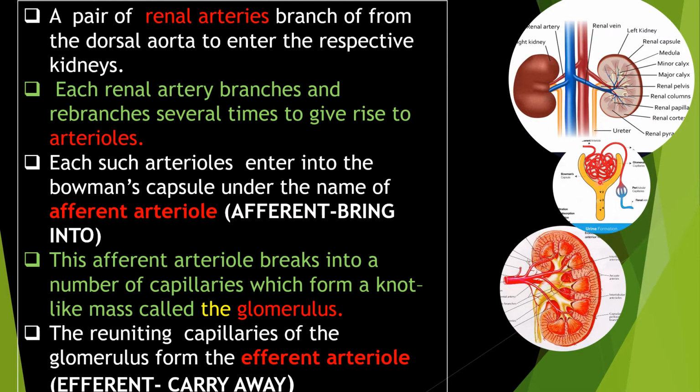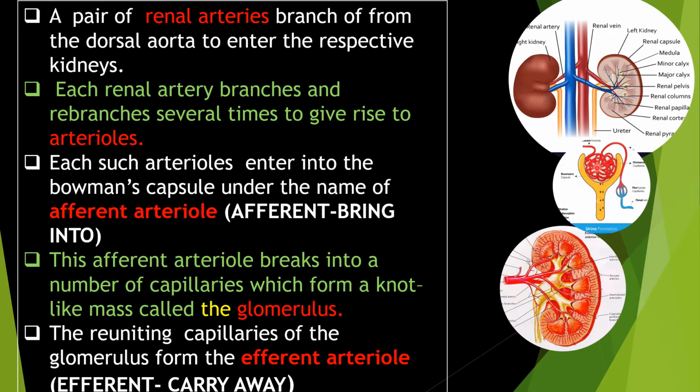Each renal artery branches, here you can see, and rebranches to form several arterioles. Each arteriole enters into the Bowman's capsule of each nephron. That arteriole we call the afferent arteriole. What is the function of the afferent arteriole? The afferent arteriole brings blood into the